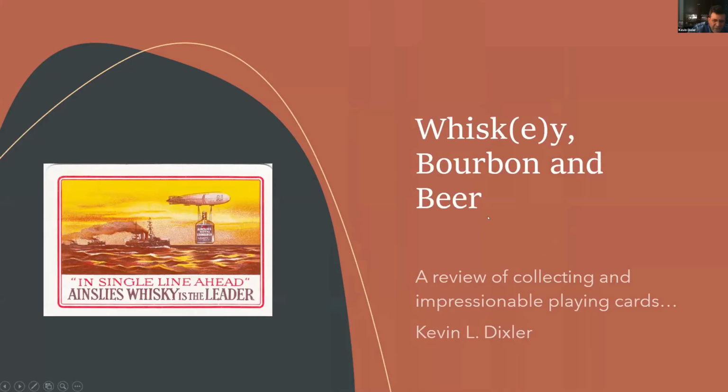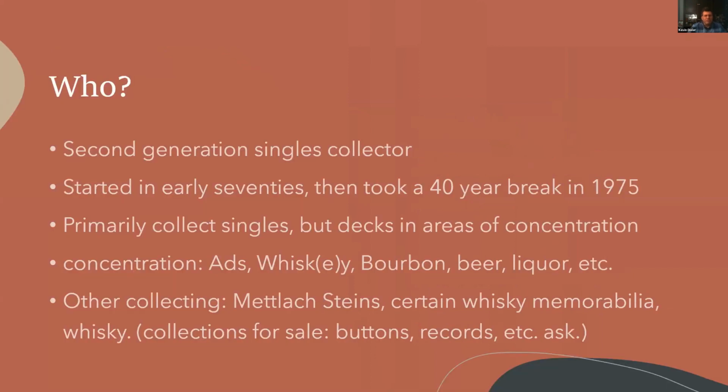Well, as I said, my name's Kevin Dixler. I've been a member for about 2 or 3 years with the 52 Plus Joker organization, but I've also been a member in the past of the Chicago Playing Cards Society back in the 70s. I'm a second generation singles collector. My mother collected in 1949, so we have a pretty nice sized collection. I know many of the old timers who were with CPCC. I started collecting in the early 70s, took a 40-year break, and